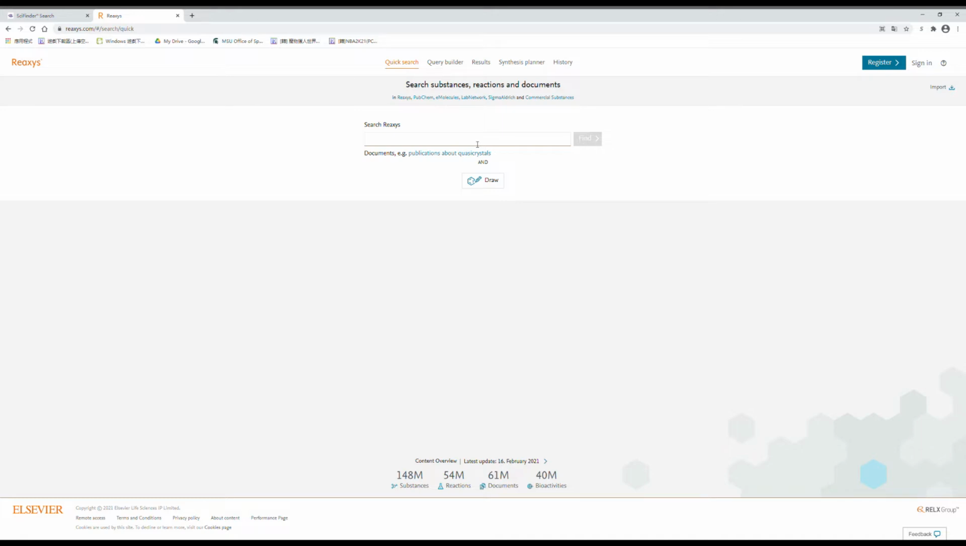So if you want to find a paper on Reaxys, you can type in the DOI of this paper. If you want to know about a substance, you can type in the CAS number of the substance, or you can just type in the name of the substance. Sometimes if you want to find some general reactions, you can also type it in. For example,